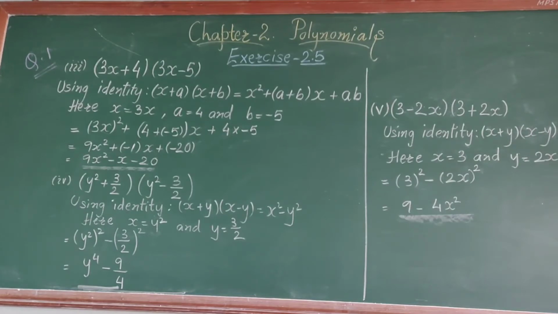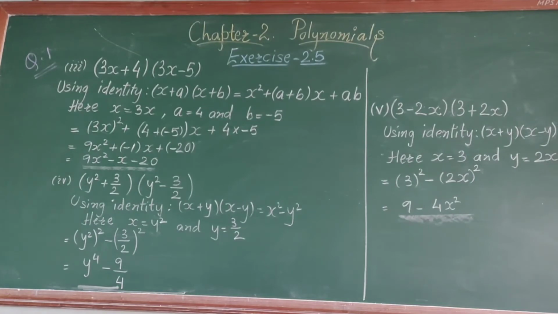Second term are also same in this binomial into binomial, that is 3 upon 2 into 3 upon 2, both are 3 upon 2 only. So we check the sign of both the binomials. You can see the first binomial is having the sign of plus in between and the second binomial is having the sign of minus in between.